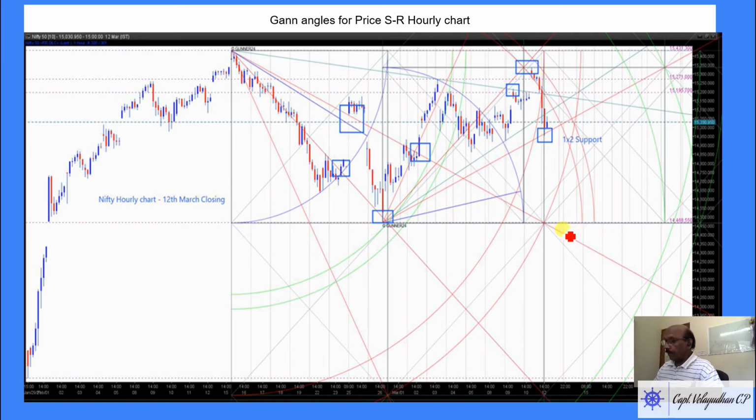This action what you see is the sideways move. Moved up from here, moved down here, moved up here, then may move down like this. This is known as a sideways move or corrective phase on the Nifty. Now the correction may move which way we don't know, but the phase is a corrective move.